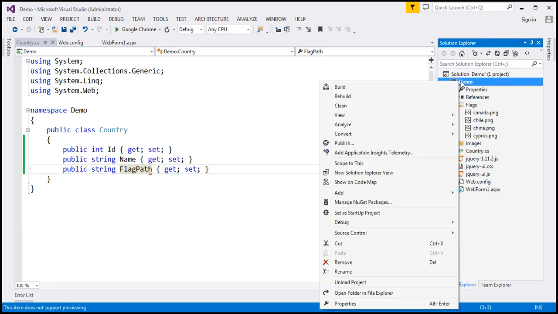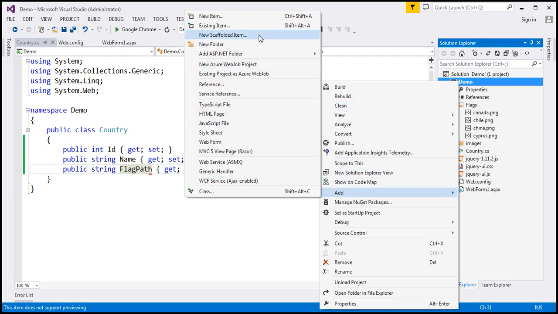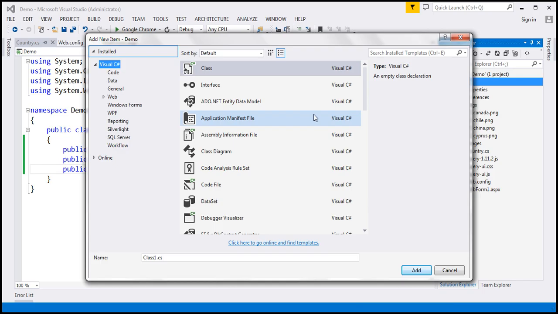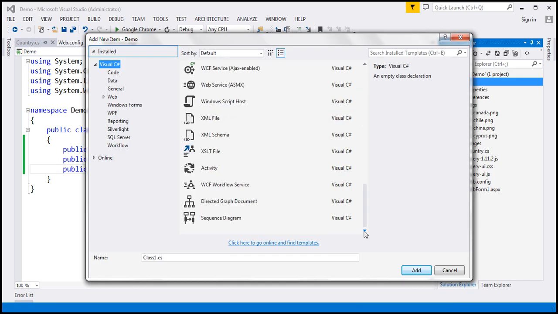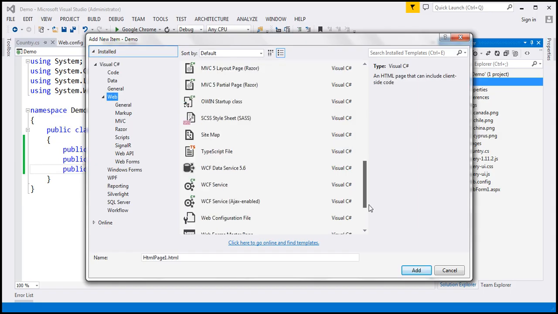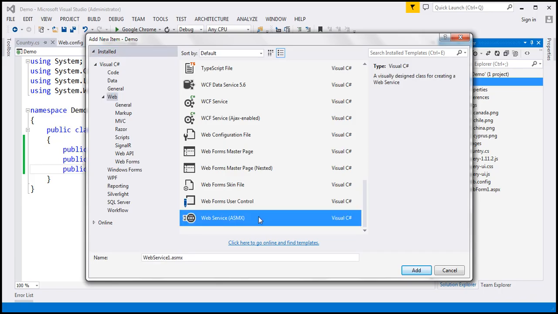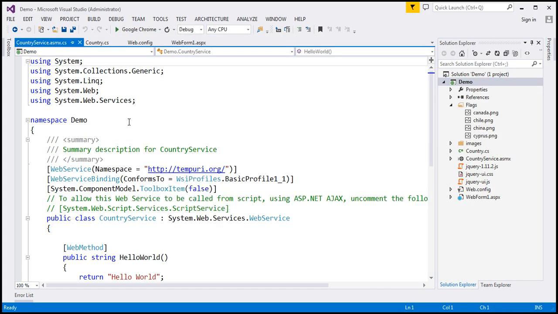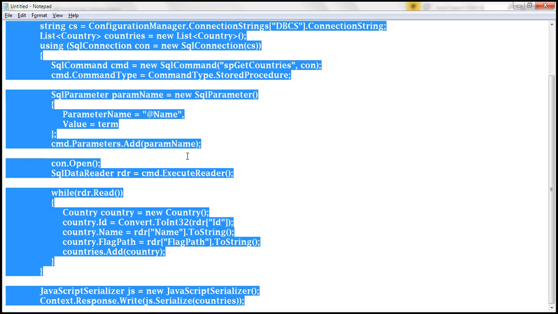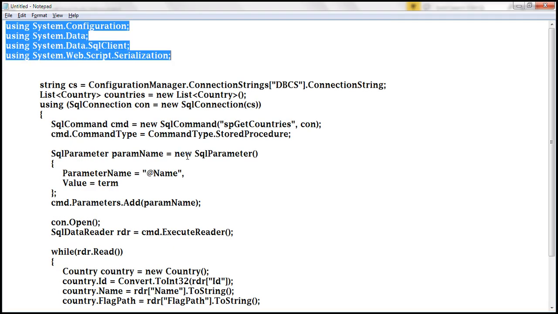The next step is to add a web service to our project, and this web service is going to talk to the database and retrieve the country data from our countries table. So let's go ahead and add our web service, and let's name this CountryService.asmx, and we want this web service to be callable from script, so I'm going to uncomment this attribute right here. So we are going to write some ADO.NET code,